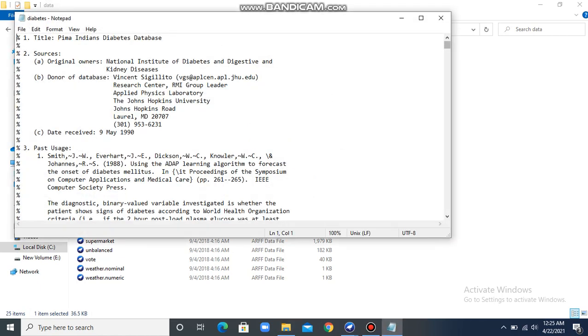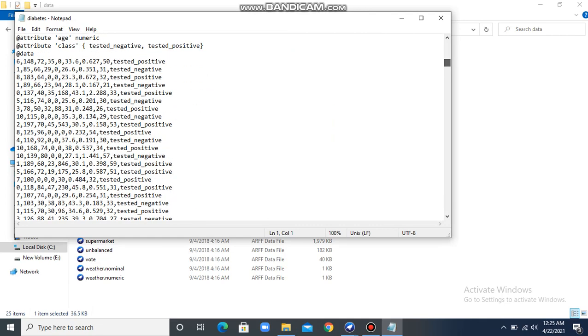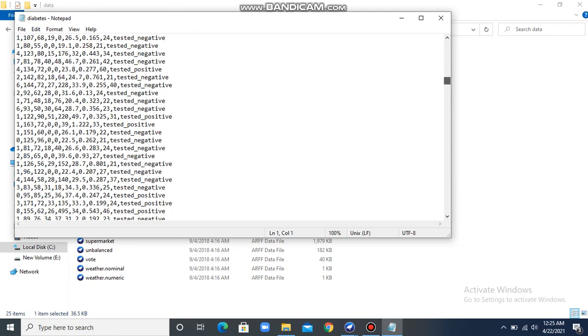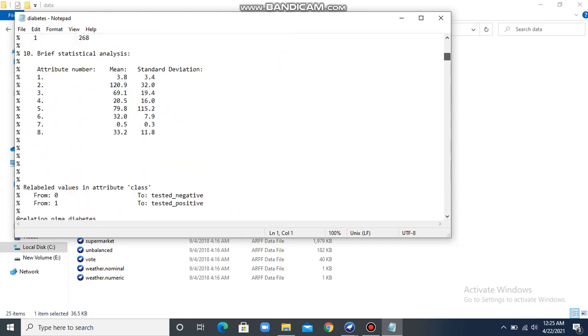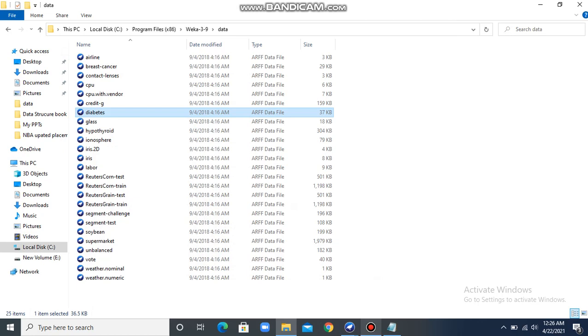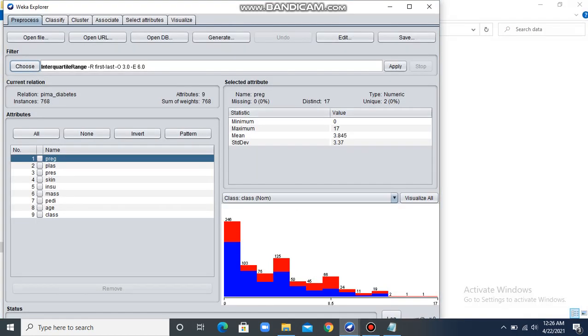As you can see over here, these are the attributes which are present, and this is the class label, listed positive or negative. This is the original ARFF file from which we are trying to find the outliers. Let's minimize this and now we'll apply the filter.